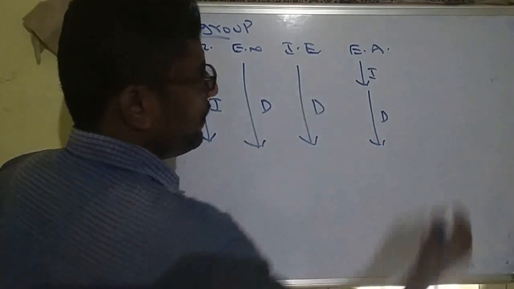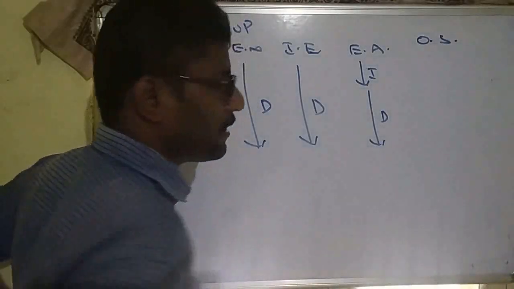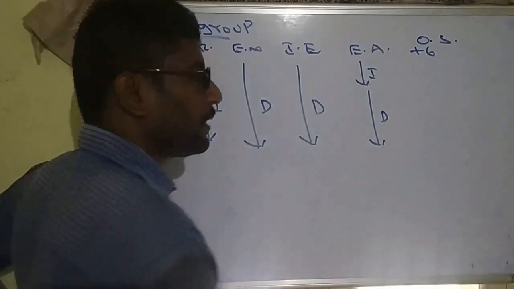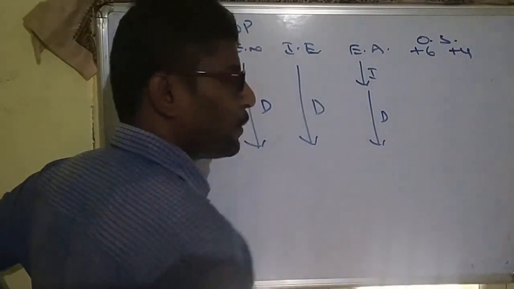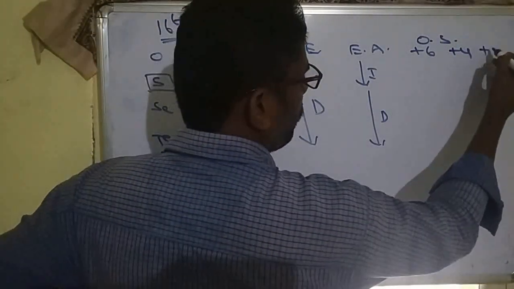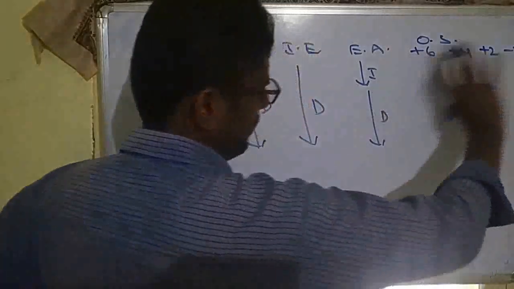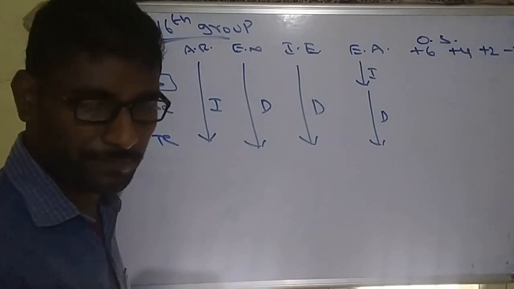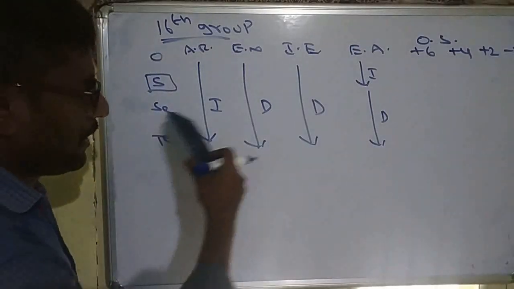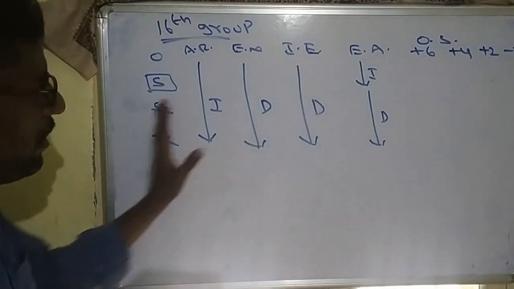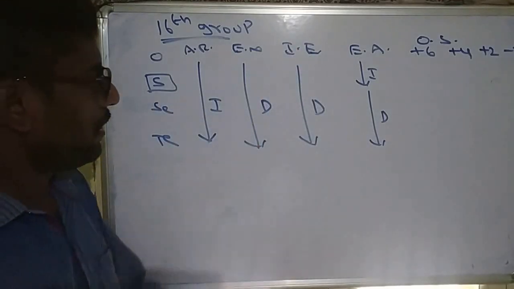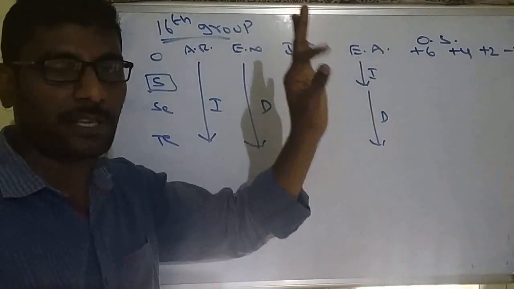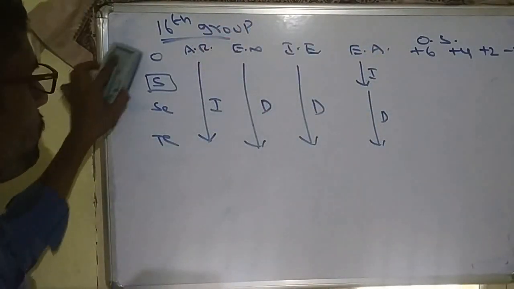Now that is electron affinity. As usual, oxidation state. The 16th group normally shows +6. Because of the inert pair effect, they will also show +4. Also they will show +2, and also -2. So these are the common oxidation states of 16th group elements. Just practice these physical properties, very easy. All are in regular order except electron affinity. The electron affinity order changes in the 15, 16, 17th groups.